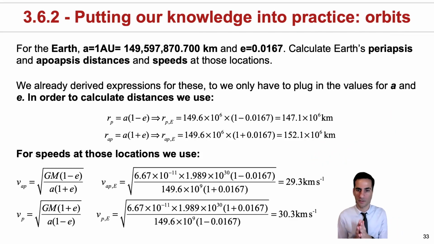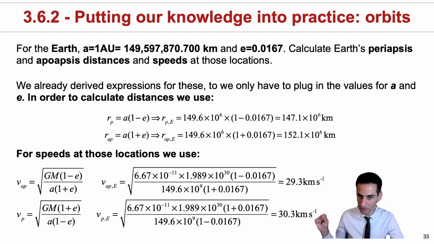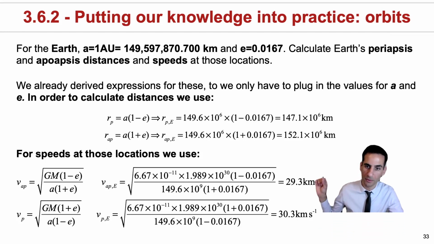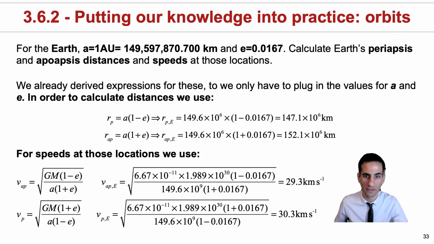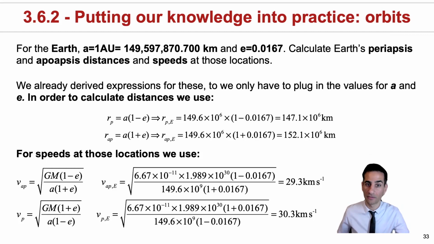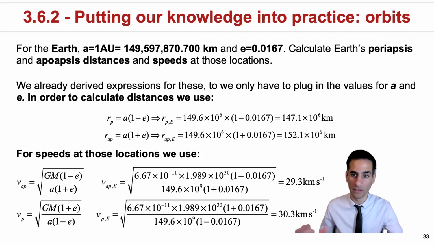And finally, we can also calculate the speeds at which the Earth will be moving at these two extreme points. And I told you we just passed perihelion, or the closest point. So we're moving at a velocity very close to 30.3 kilometers per second. But in about 3 months, we'll be moving at a velocity that's about 29.3 kilometers per second. And I hope that using these is something very simple, but most importantly, that you understand how we derived